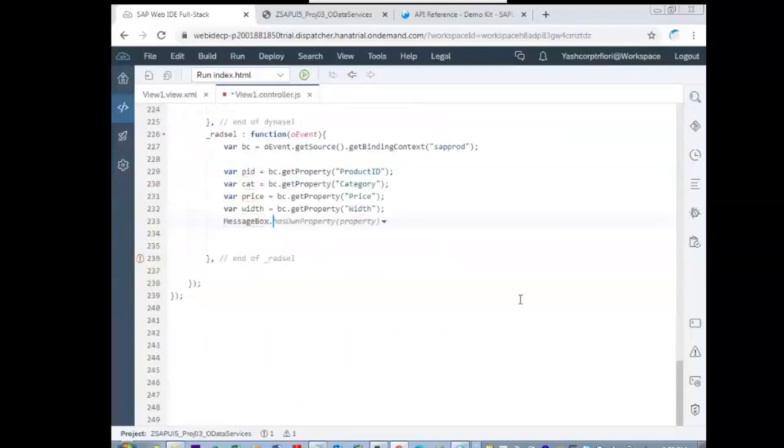MessageBox.alert, PID, cat. I'm just concatenating the strings with the static and the dynamic. Static is the hyphens, dynamic is the value coming into the string.